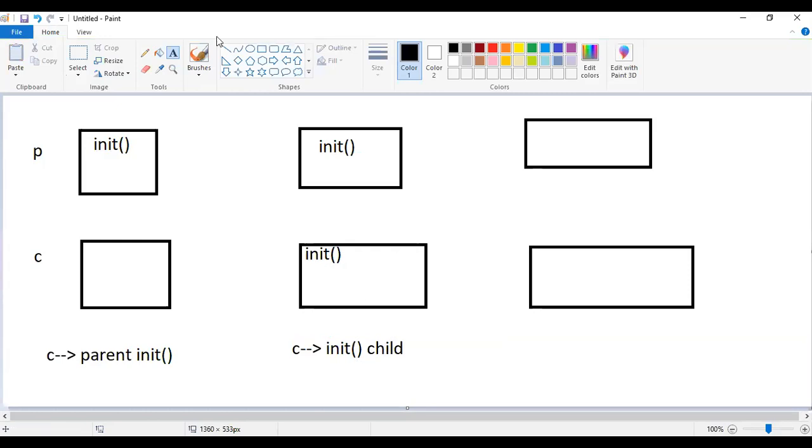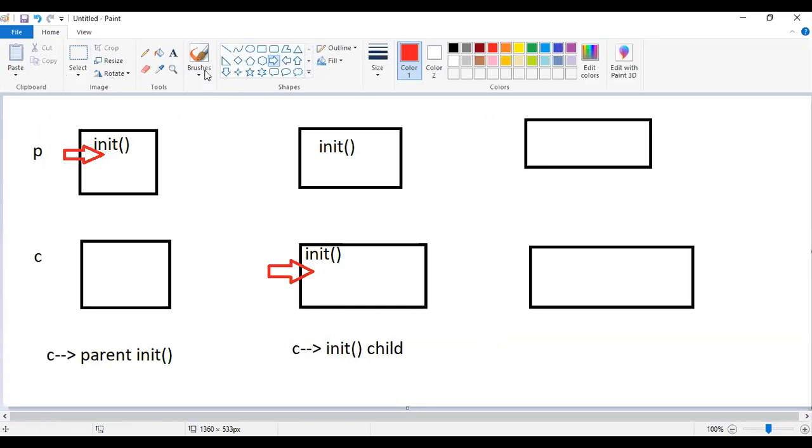That means the child's init will be executed.